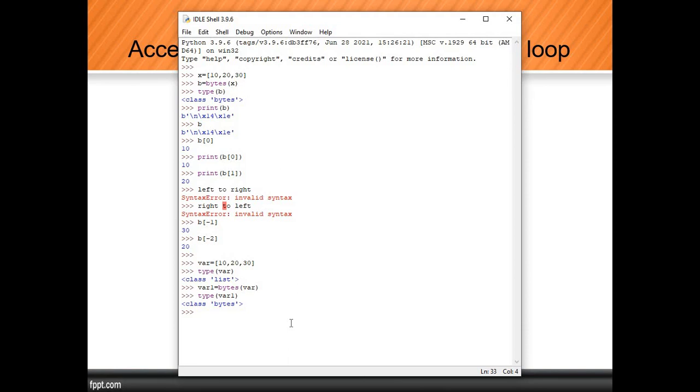So here is the syntax: for i in var1. Bytes are stored in var1, make a note of that. So i is a temporary variable, so it will copy all the data from var1 to i, and in each iteration it will be printed. For that we use a colon, and after that a print function, and we print i. This is a basic function, we'll discuss it later, but I will describe how it works.